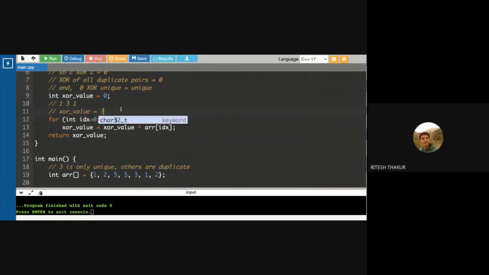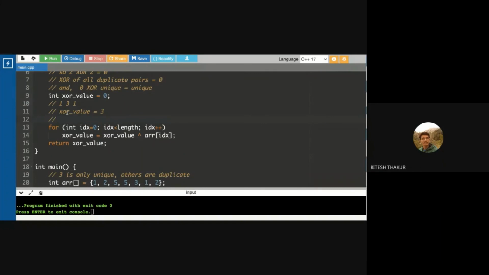So actually I think I'll just write that down here. Okay, so the first value was 1 XOR with 0, and this would result in the value 1.